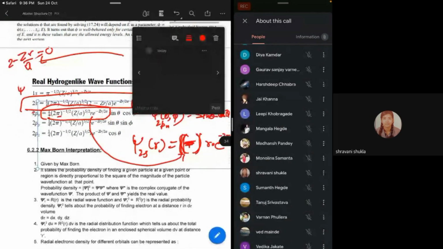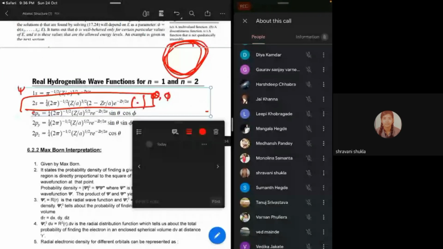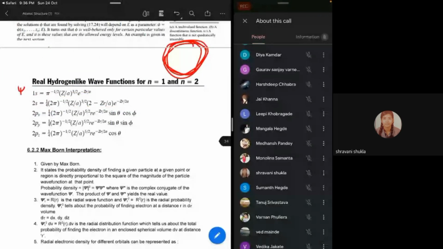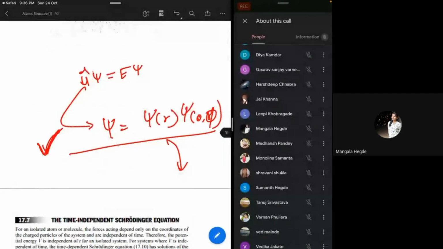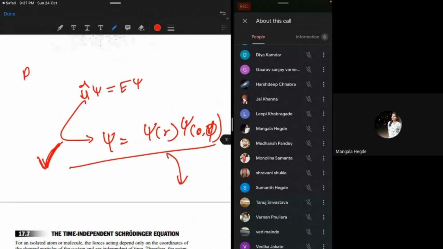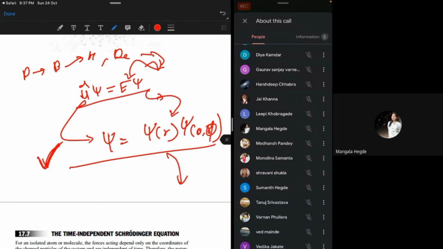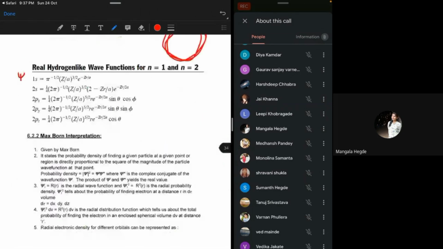That's what I wanted all of you to know. We are almost done. That's why I told you to tell me the story from Dalton to Bohr, then Heisenberg, then de Broglie, and then Schrodinger's equation. You put it in a machine, you get the equation. Then from the psi, you get this kind of function. And this function is nothing but like this.